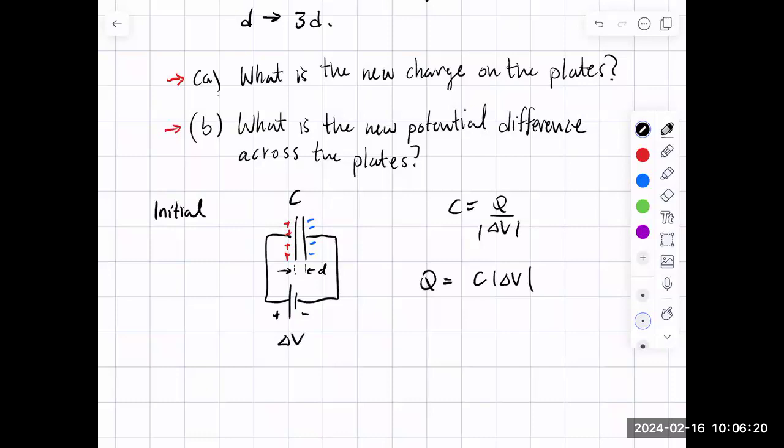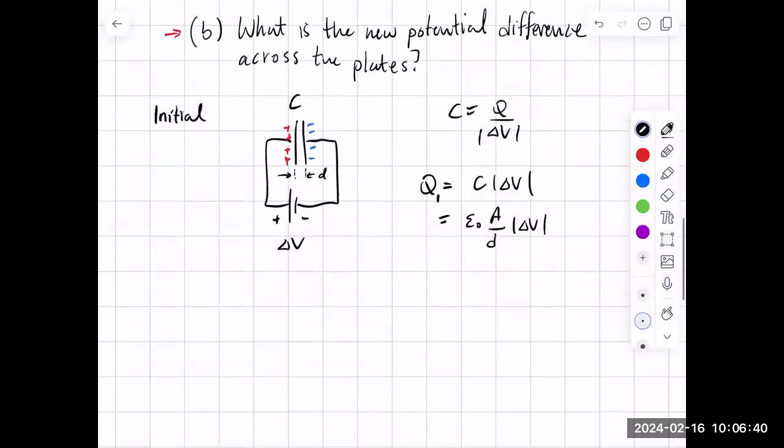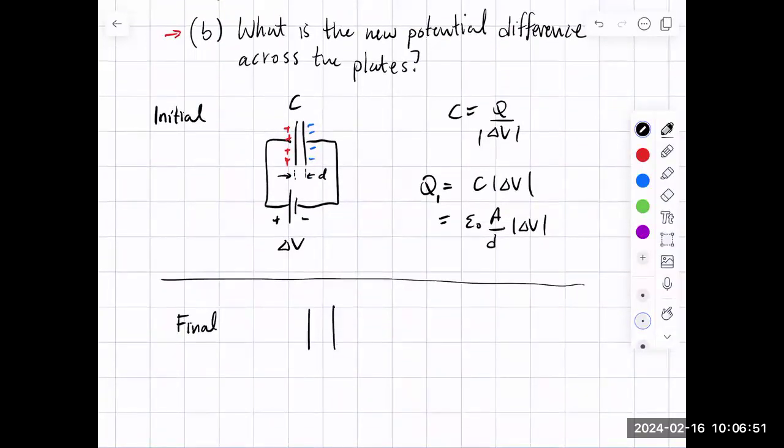But we know how to calculate C. That's a constant epsilon naught times the area of the plates divided by the distance, times delta V. So that's initially what we have. Maybe what we could do is we can call this Q. Now, but now what we're